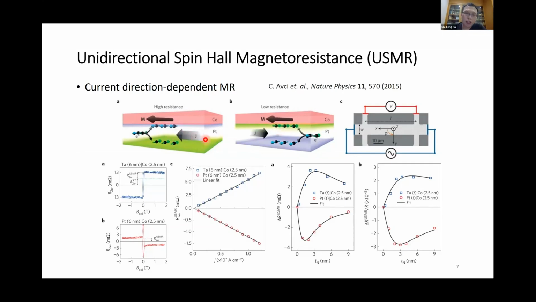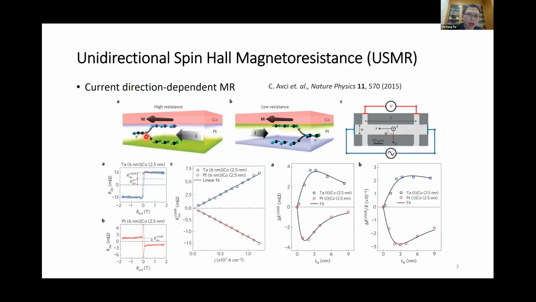So by changing the current direction, you will see different kinds of spin accumulation at the interface. That will cause a minute change in the longitudinal resistance that you measure. In the paper published in Nature Physics back in 2015, they used a lock-in technique. They utilized the second harmonic resistance